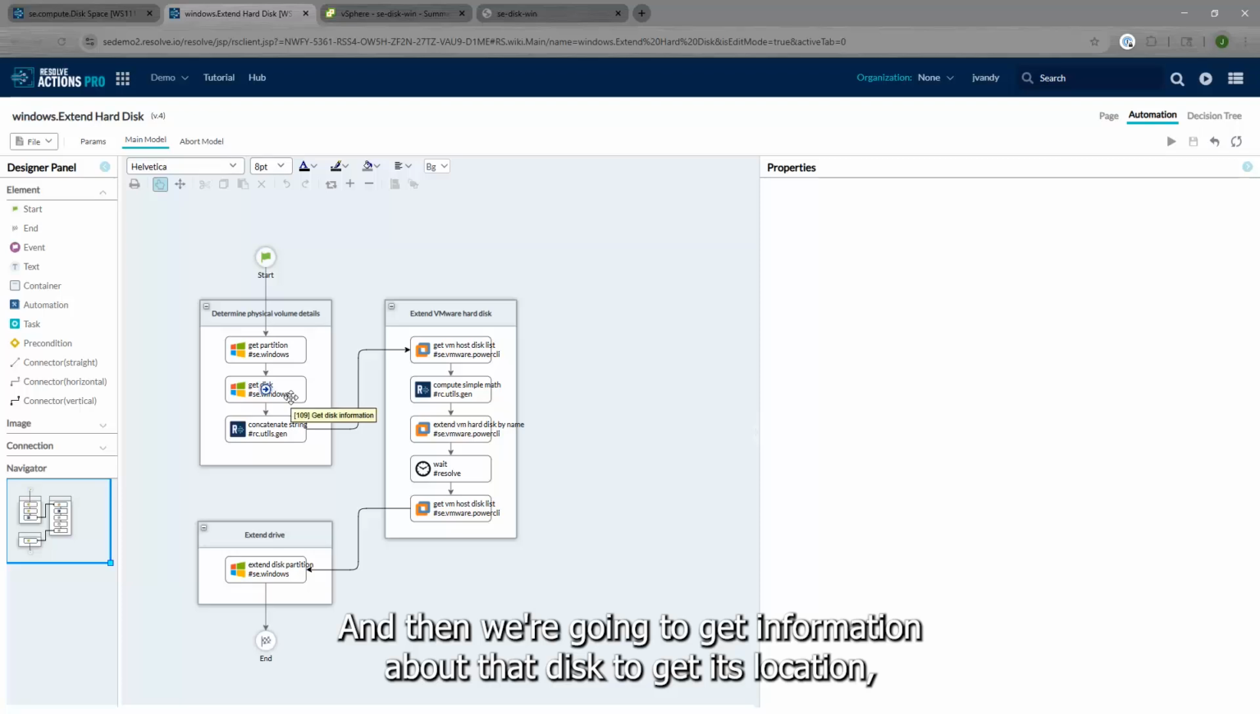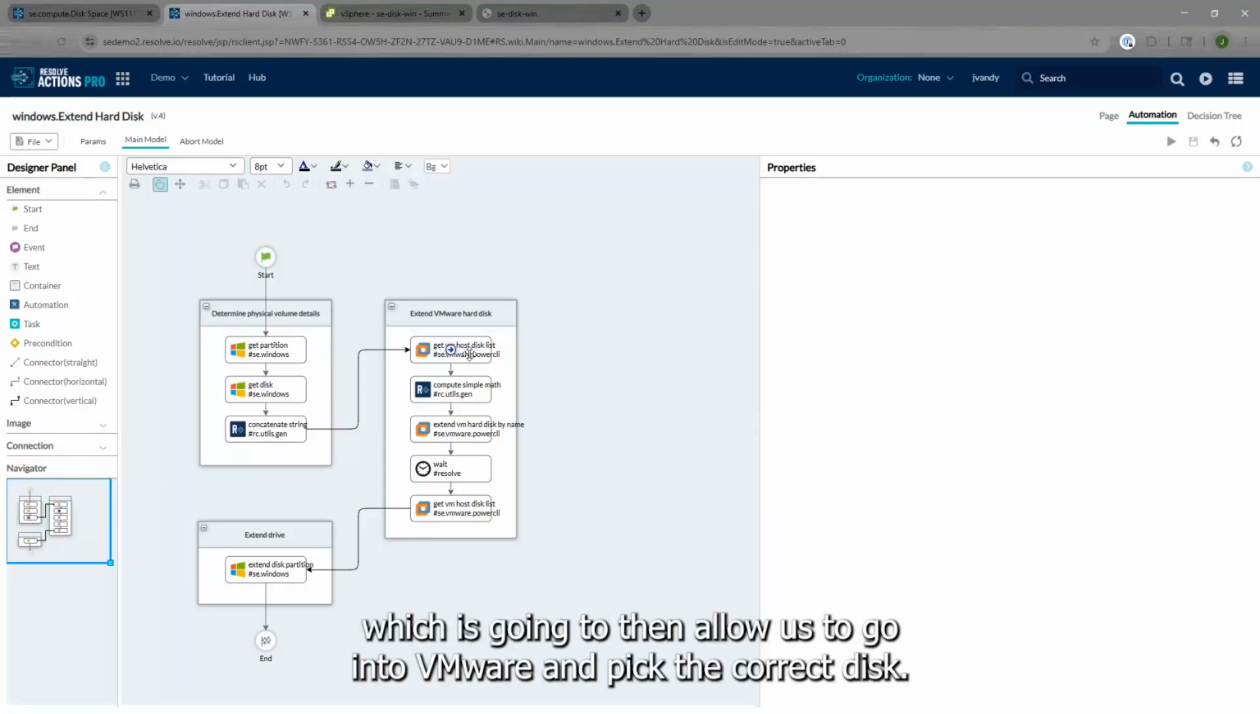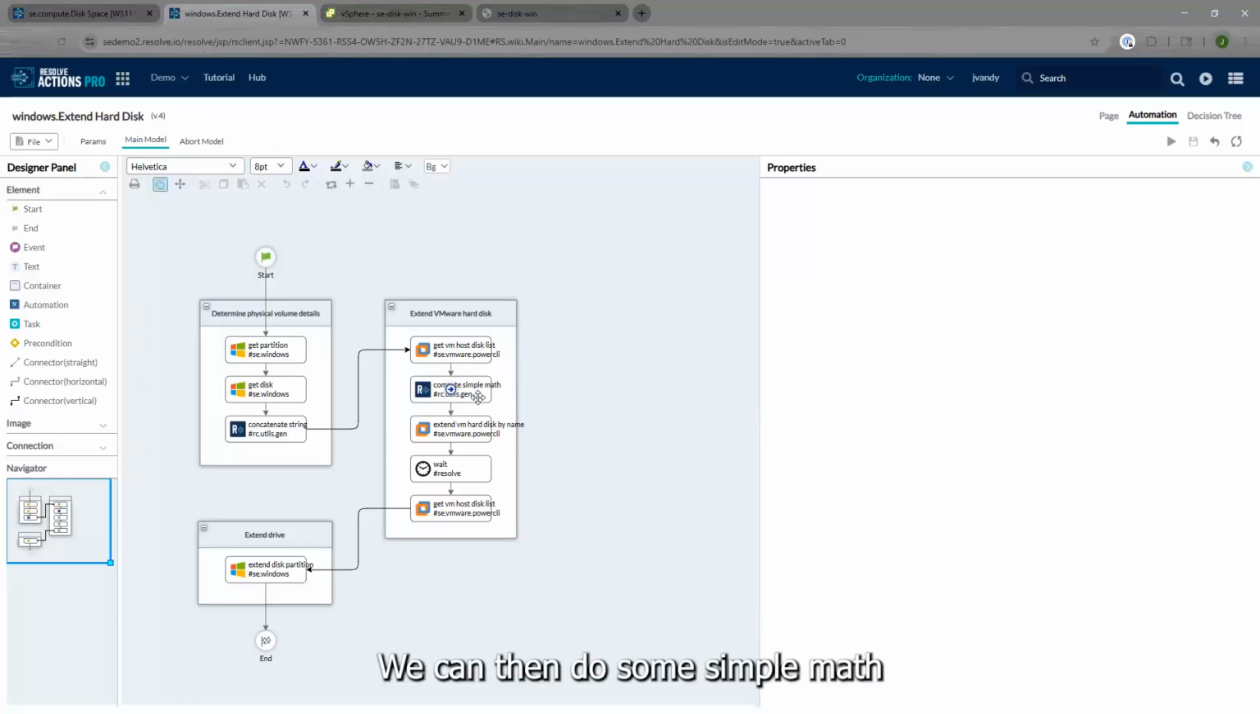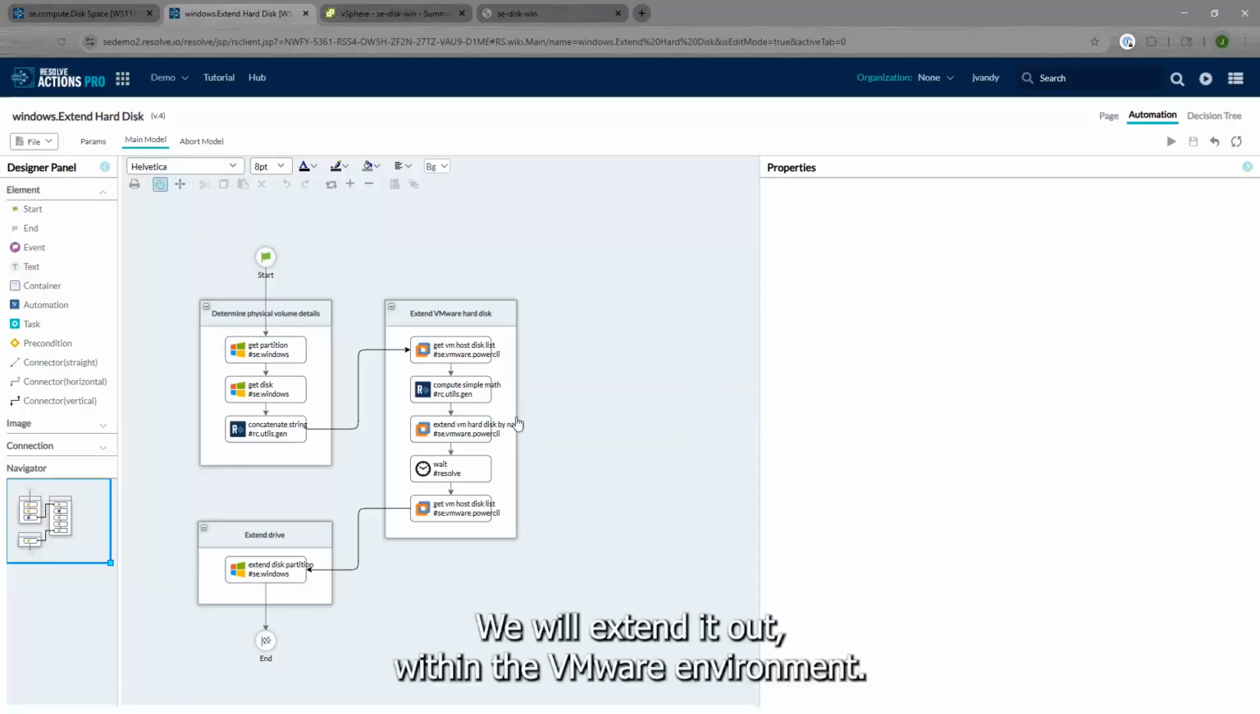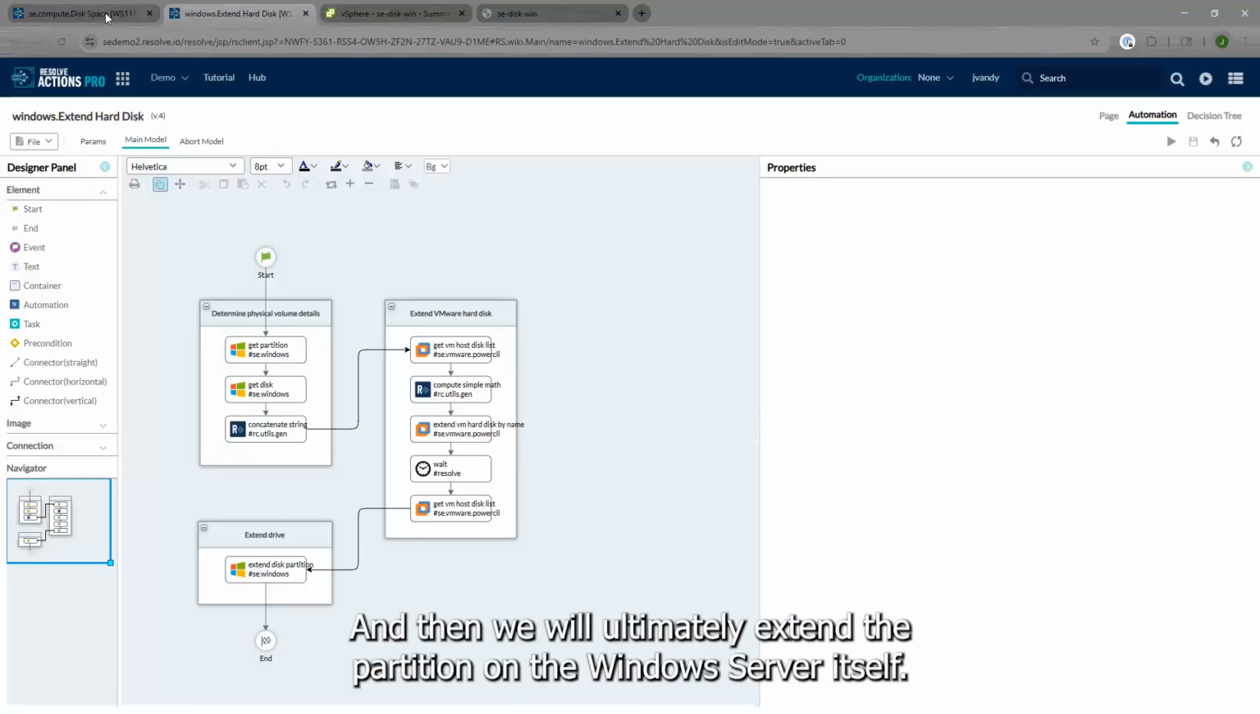And then we're going to get information about that disk to get its location, which is going to then allow us to go into VMware and pick the correct disk. We can then do some simple math to determine what the current size is and what we're going to extend it to. We will extend it out within the VMware environment, and then we will ultimately extend the partition on